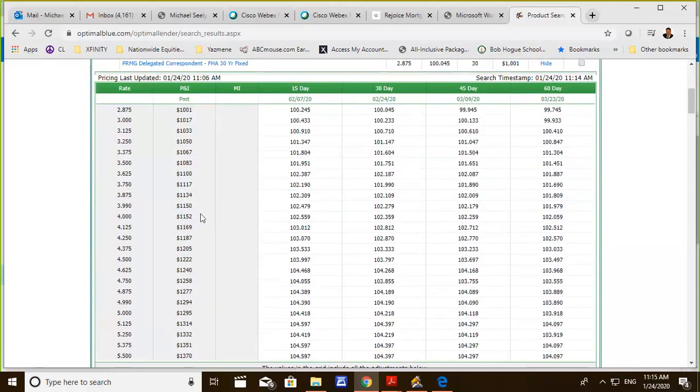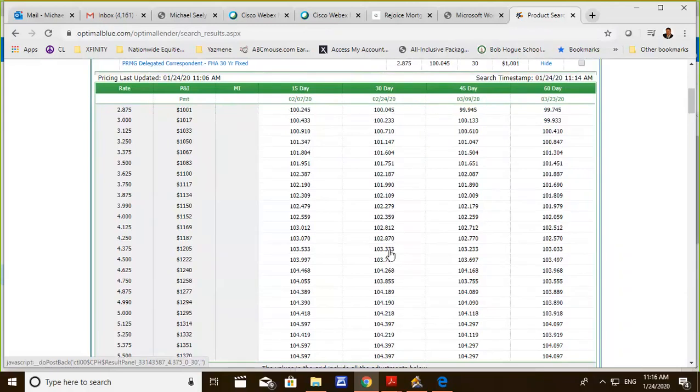So if it were delegated, typically if you were looking to make a lot of money on this particular file, as an example, these are a 15-day lock. On the majority of the times with our non-delegated channel, we want to select this 30-day. At this point, let's say as an example,